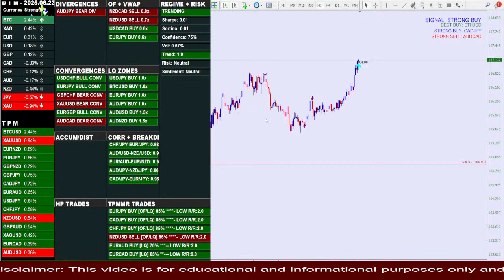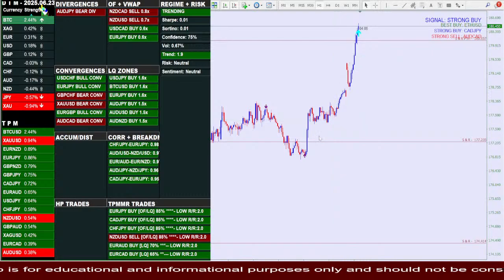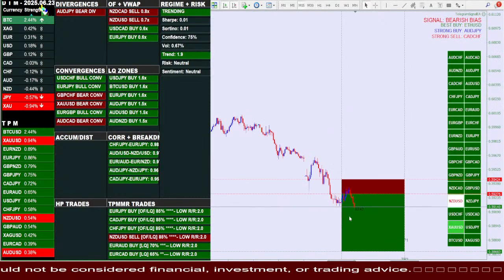Now look at CAD JPY, and look at CHF JPY. All right, so you are not going to sell when the market is buying. That's just one thing I want you to know. You're not going to sell when the market is buying. You're not going to buy when the market is selling. So it tells you, this is what we are doing. Okay, let me show you the New Zealand USD. You see, price is still actually dropping down. Why? Because